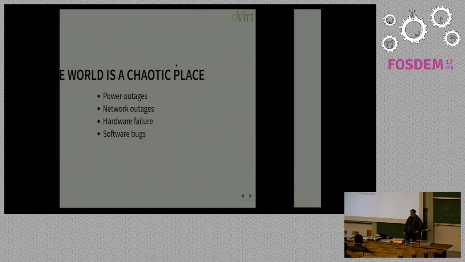So all of these things we can mitigate. We can have redundant power supplies, redundant networks. We can have better hardware that's better maintained. We can have better software development processes, but hard as we try, we can't eliminate these. So if you want to have reliable storage, you're going to have to design it from the ground up with some algorithms that are going to do that.